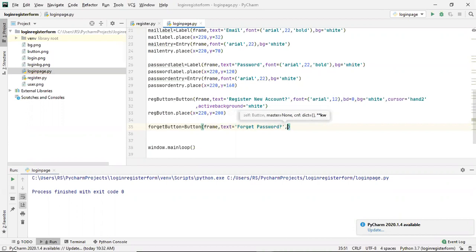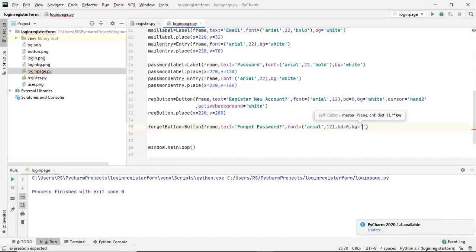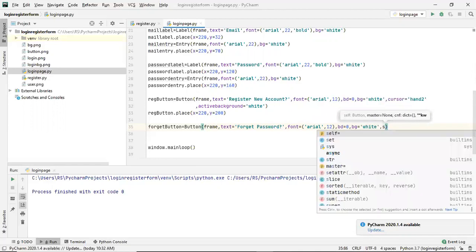Next is the font for this text. The font is Arial and the size is 12. The same thing, I do not want any border, so I'll remove the border. Next thing is the background color, I'll change it to white. Similarly the active background color, I'll change it to white.